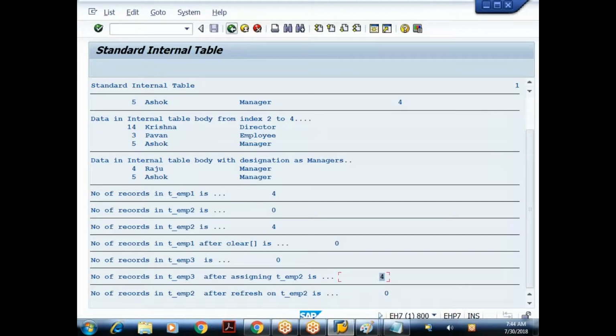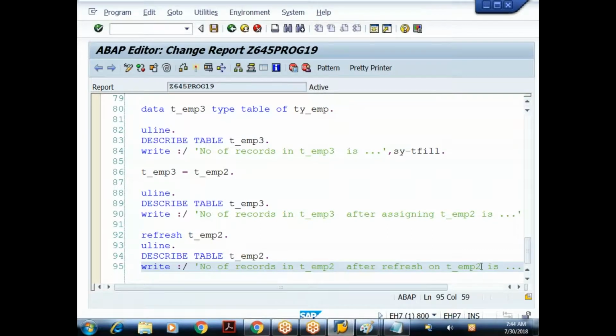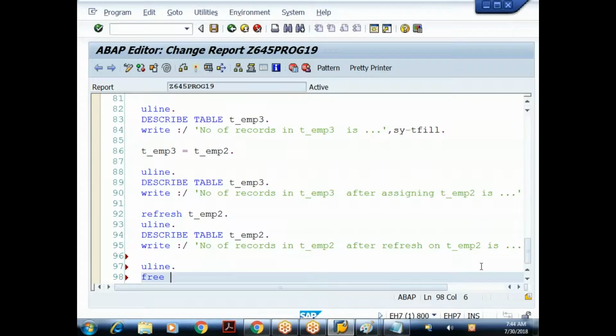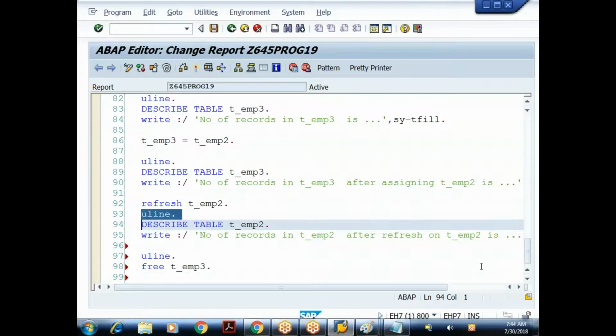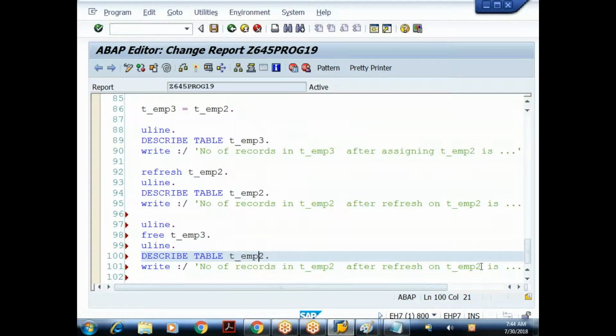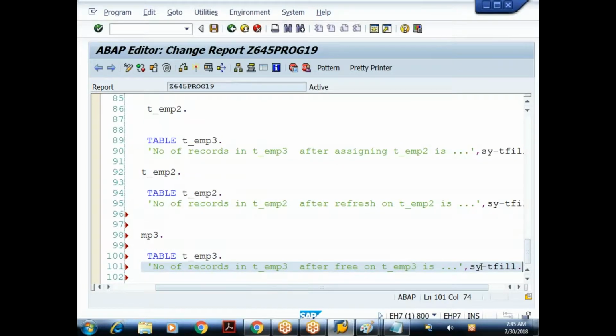Now in T_emp3 I'm having 4 records. I want to clear that also. So just try to understand. I'll say free now. Free T_emp3. Let me count it now. Number of records in T_emp3 after free on T_emp3. Done.